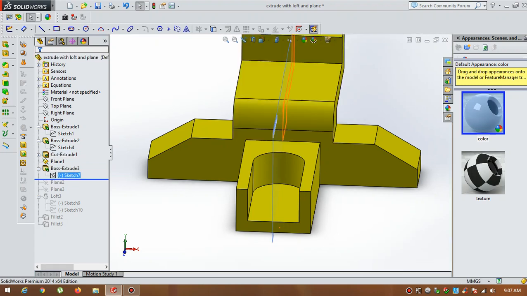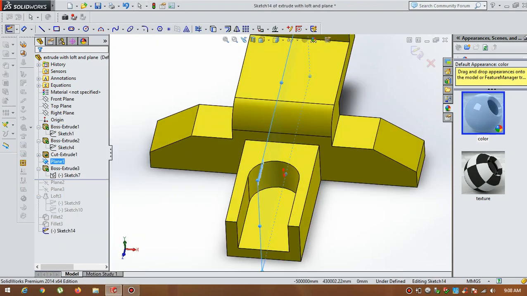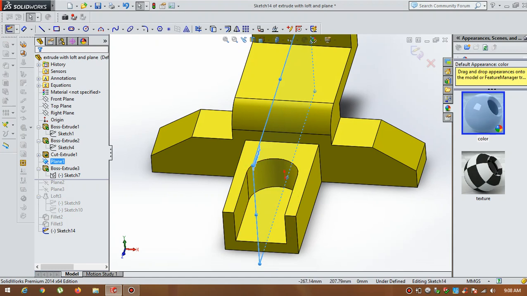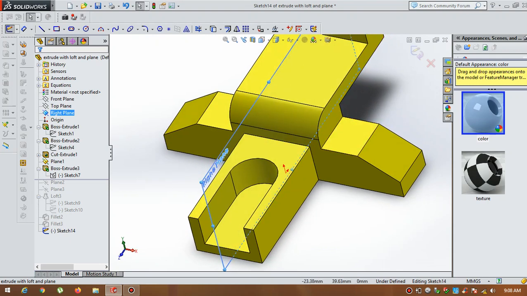Here I have created a plane. Go for the edit sketch. How to create the plane: here this one is the right plane. The profile is on the right side, so in whichever direction the profile is, you can create the plane there. So this is the right side sketch here. So I selected this right plane,